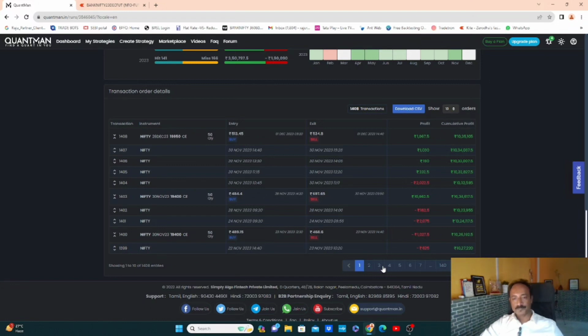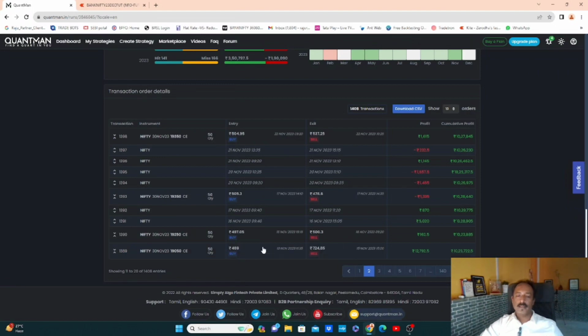The stop loss might have hit. In the same way, you can just see something. It has bought on 13th November and exited on 14th November. So 200 points here. This makes it a very systematic trading, right? All you have to do is log into your account and leave it to the system. The system will automatically place an order as per your rules.